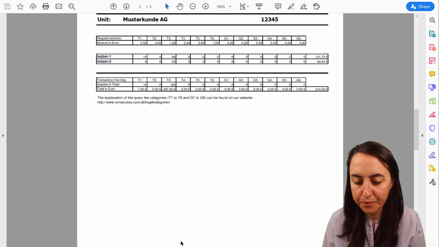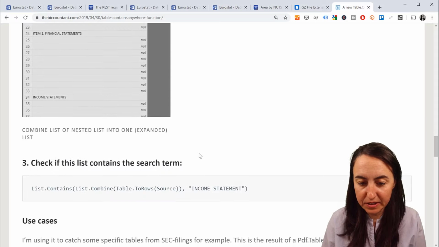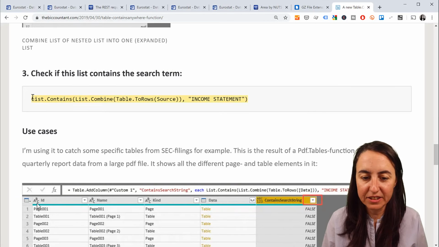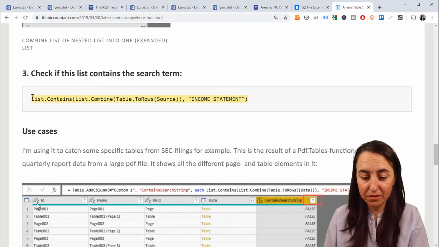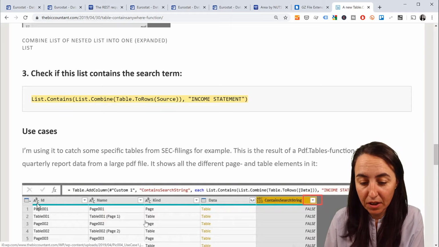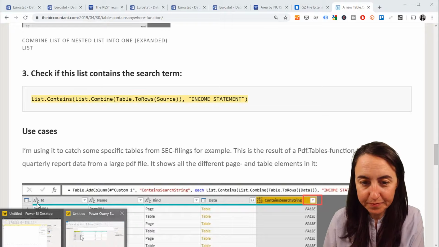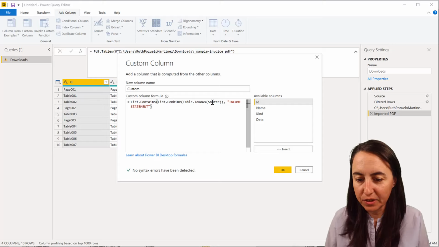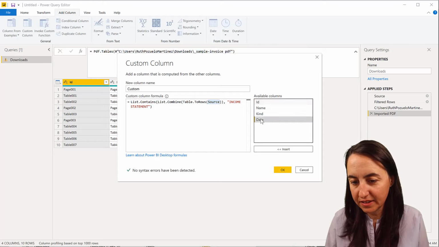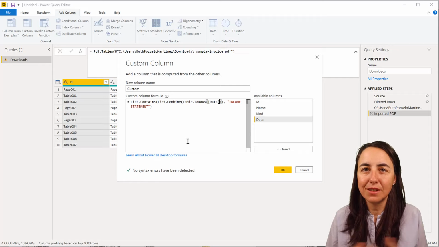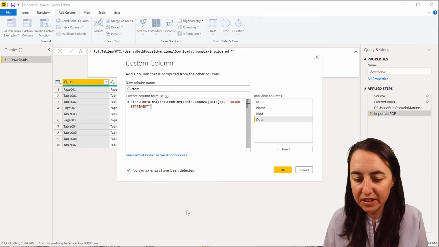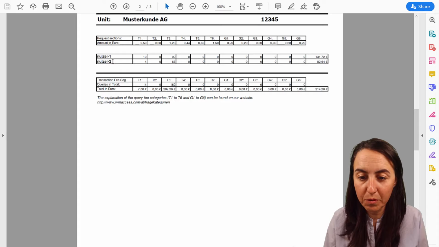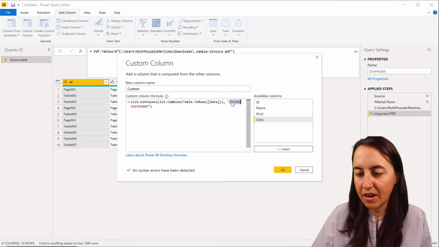What we're going to do, if we follow Imke's advice, this is the part that we need. She explains in detail how this thing works, so go to the link and check that out. We're going to go to Power BI, add column, custom column, and we're going to paste her code. Now we need to change source for data, because that's where our tables are. And then we need to change the income statement wording for the word that we want to find in our PDF. So we copy, go back, and then grab that,